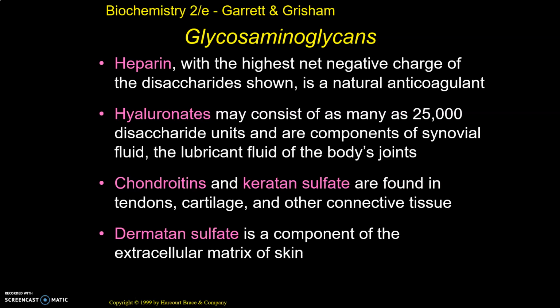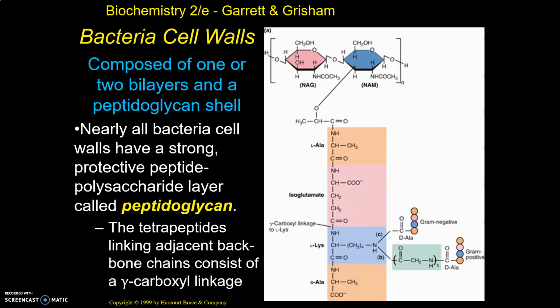Another way in which polysaccharides are really important to us is in bacterial cell walls. Bacterial cell walls are composed of either 1 or 2 bilayers and a peptidoglycan shell. This peptidoglycan shell is made up of these 2 units as far as the polysaccharide chain is concerned, with a 1,4 linkage, and it is beta. It's a beta 1,4 linkage, and this one, NAG, is your N-acetylglucosamine, and NAM is your N-acetylmuramic